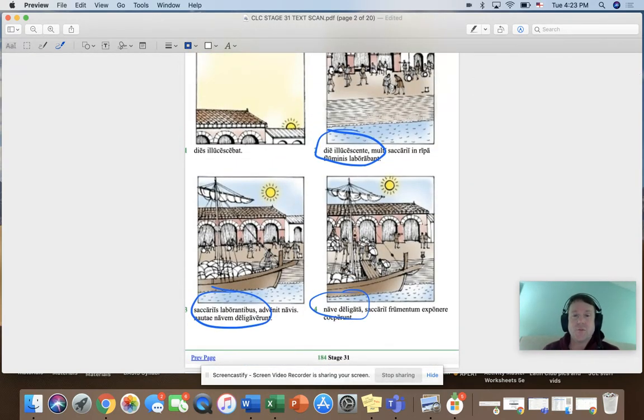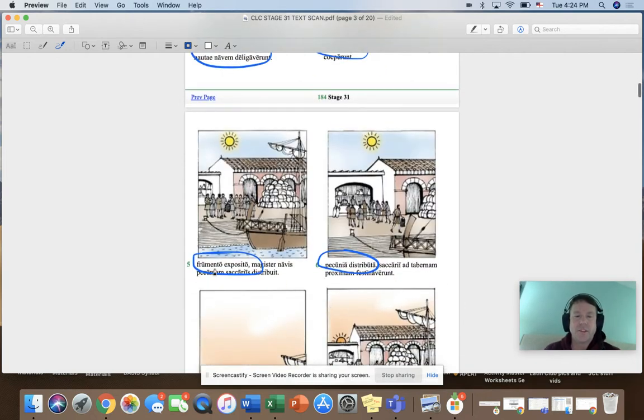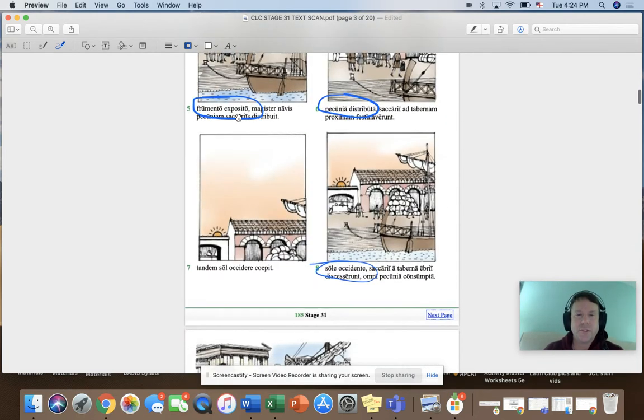But notice a couple things. One is that it's at the beginning of the sentence. It's a noun and it's a participle. It's not always a present participle, is it? Because here we had the perfect passive participle. That's okay. So with a noun and a participle at the beginning of the sentence, there's usually a comma to help you see that it's sort of on its own. And we just translate it like we always do: with the day dawning, with the dock workers working, with the ship tied down, with the grain taken off, with the money distributed, with the sun setting.